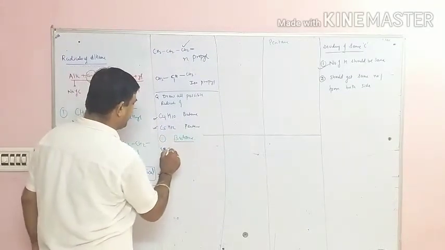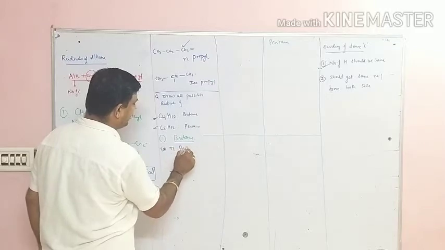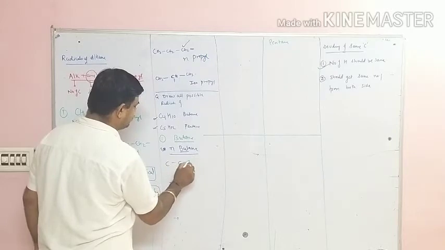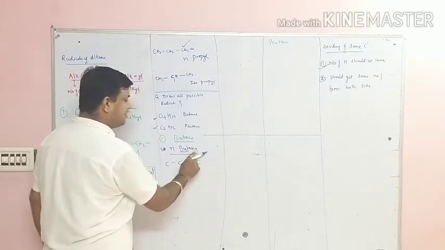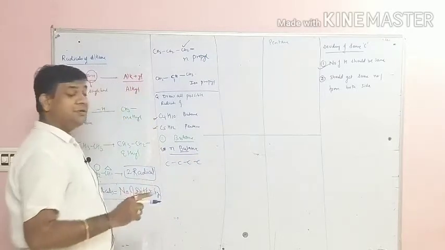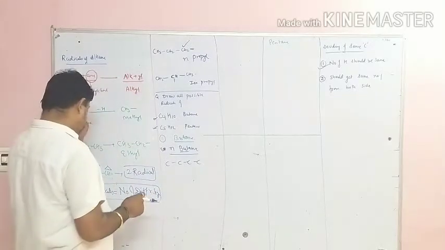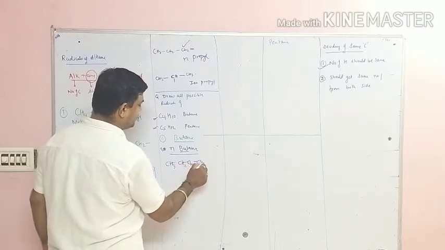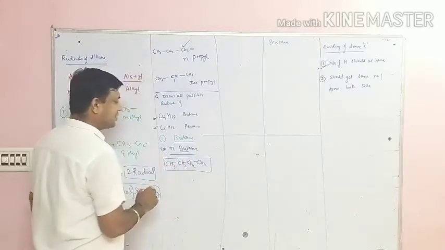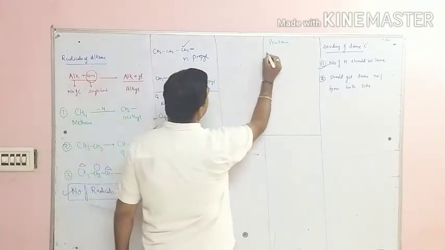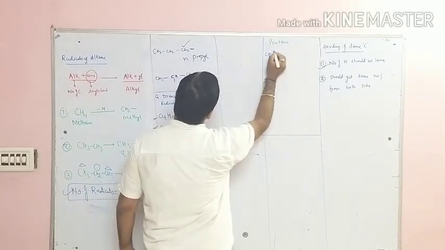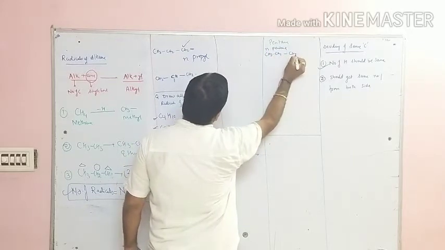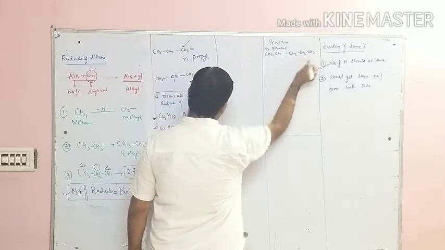So in case of butane, if I draw N-butane, what is N-butane? But means 4 carbon, 1, 2, 3, 4. N means single bond, and if N comes, it means the carbon chain should be straight. So it is the N-butane. Now see CH3, CH2, CH2, CH3. We have drawn this structure. Similarly, in the case of pentane also, I will draw N-pentane. The first thing is draw N-pentane. Now students, I am drawing the N-pentane and I have drawn the N-butane.